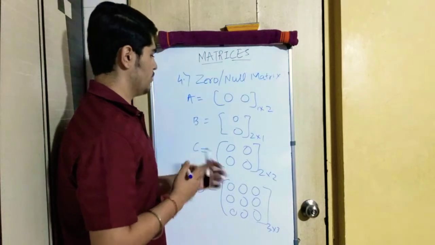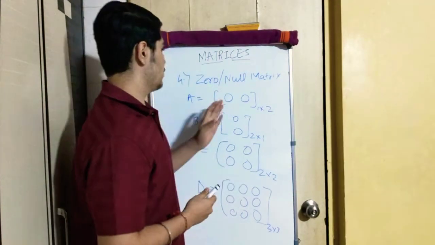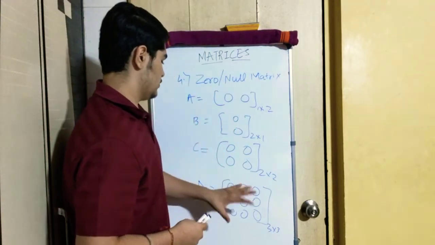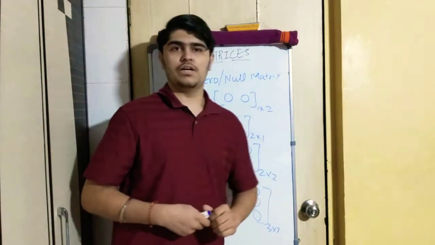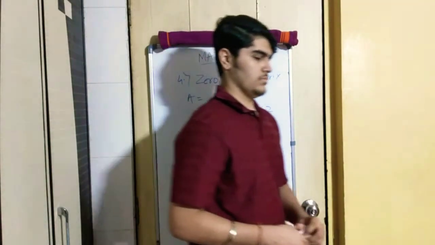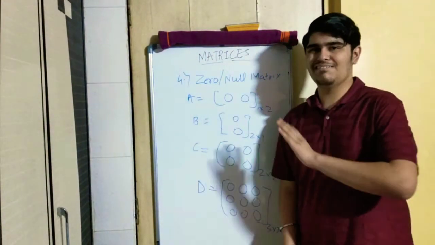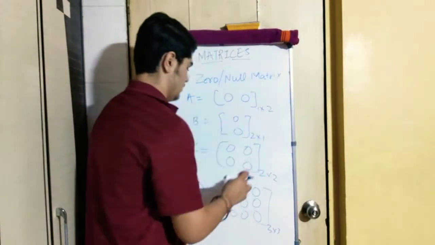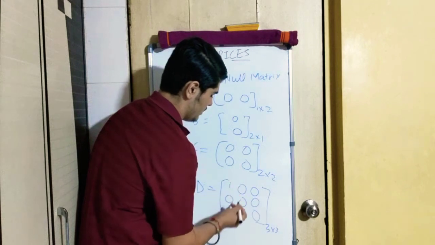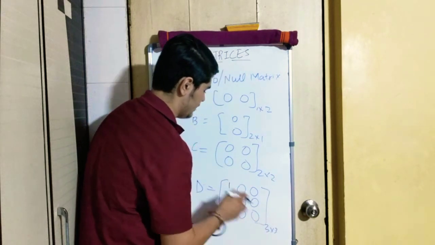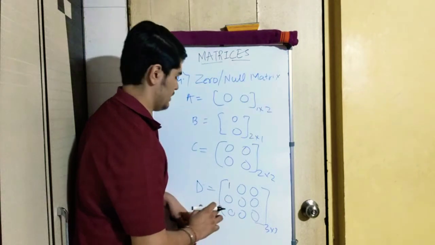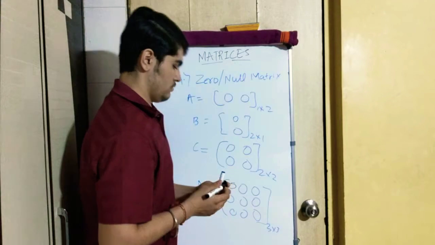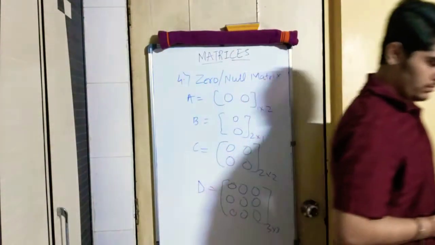Any matrix with only 0 as its constituent, we call it a zero matrix. All the elements are 0, each and every element. If there is one element such as 1 here, or anything else here, you cannot call it a zero matrix. You need each and every element of the matrix to be 0. So you can copy it down.